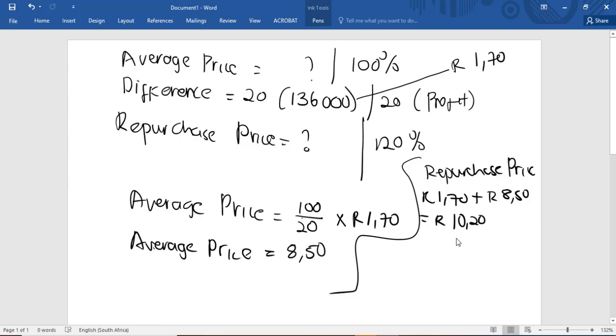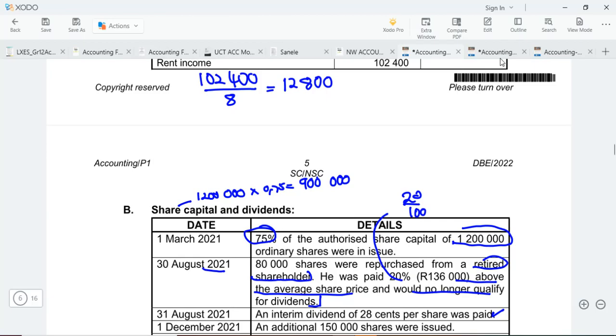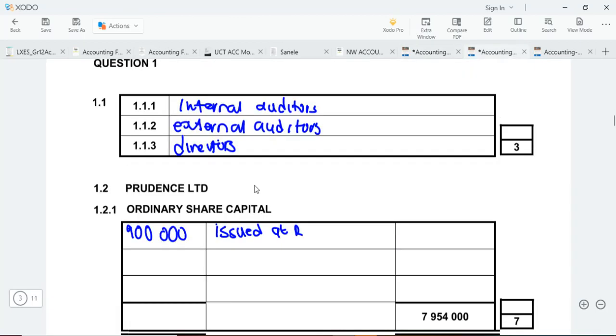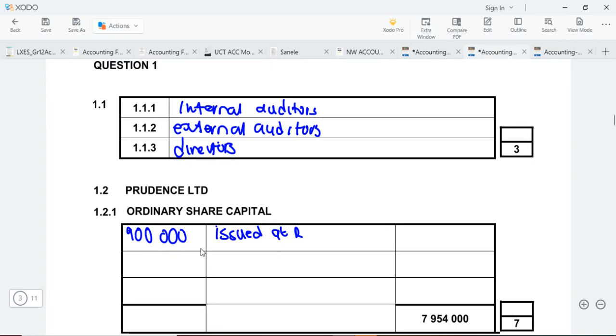We know that they were bought back at 10 rand 20, but we are interested in the average price because that's what we are going to need to use in our ordinary share capital note. So since we've calculated this, we can then safely go to our answer sheet and say, in terms of repurchased shares, remember it's supposed to be minus 80,000 because we are